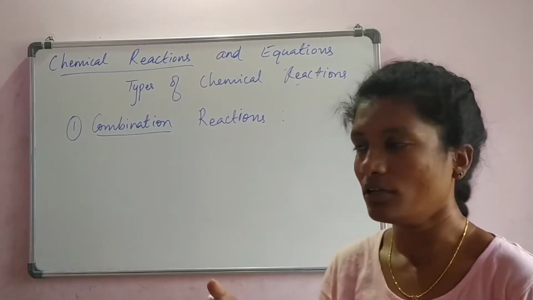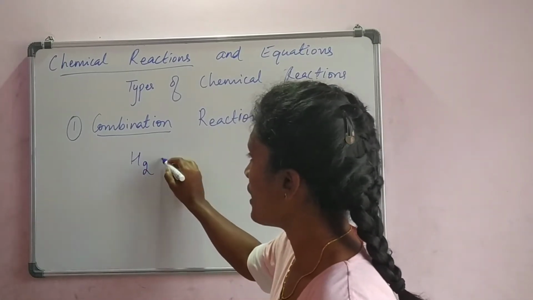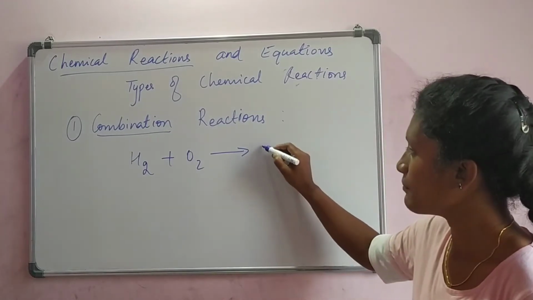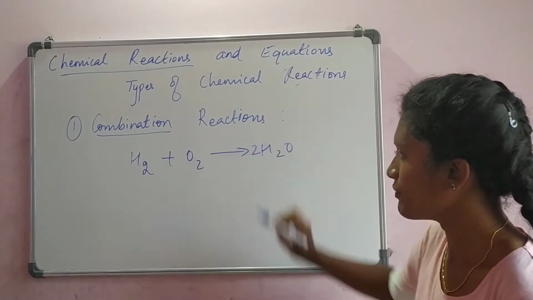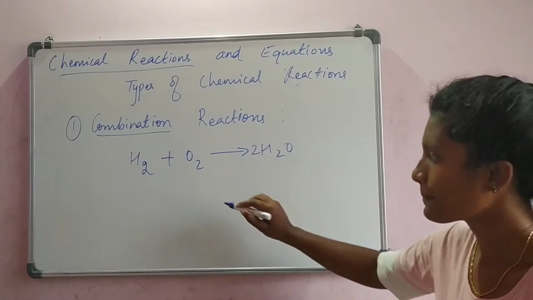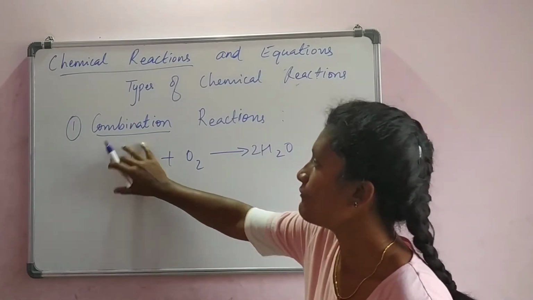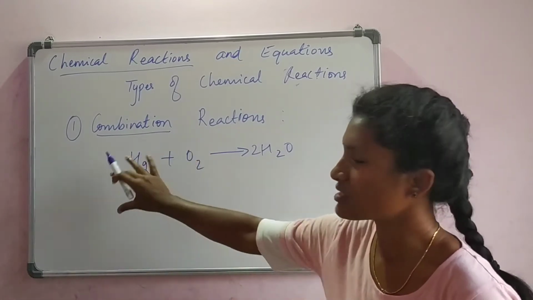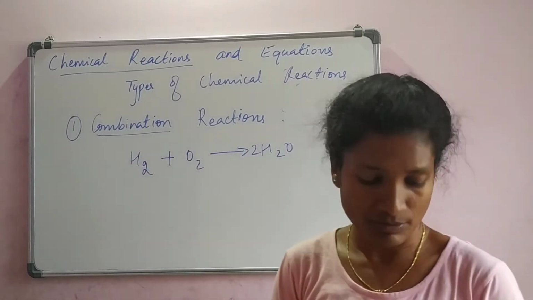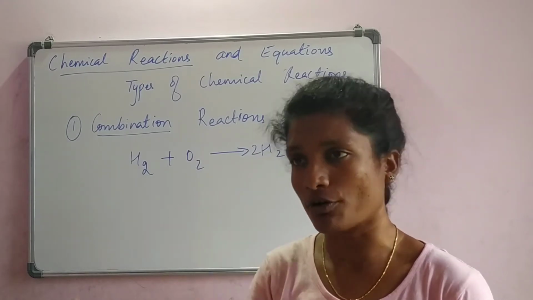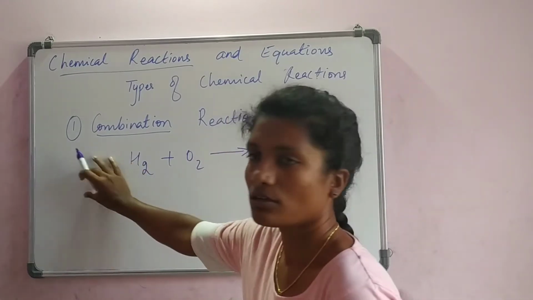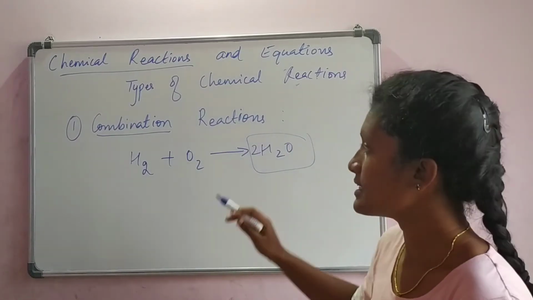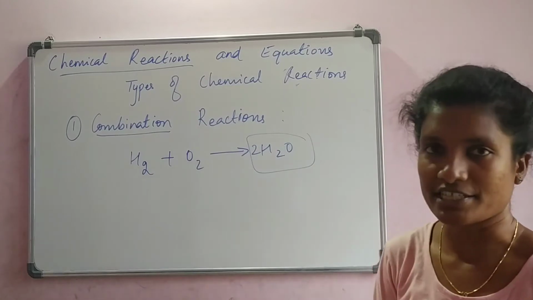We don't get multiple. So let us take an example of hydrogen gas and oxygen gas. What do they combine to form? They combine to form water. If we try to balance them, it is 2H2 plus O2 gives 2H2O. So if you see here, we have 2 element molecules, which means 2 substances. There can be more, because the definition says 2 or more. You can have even 3 reactants here, but the product is always single. So this is an example for combination reaction.